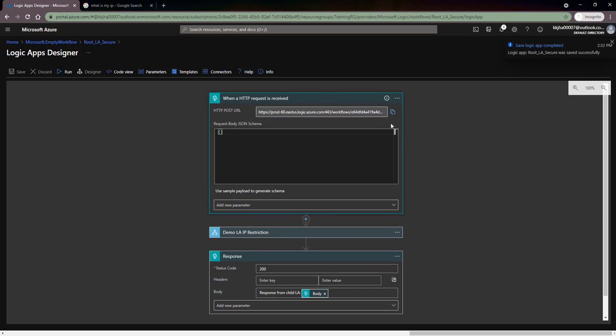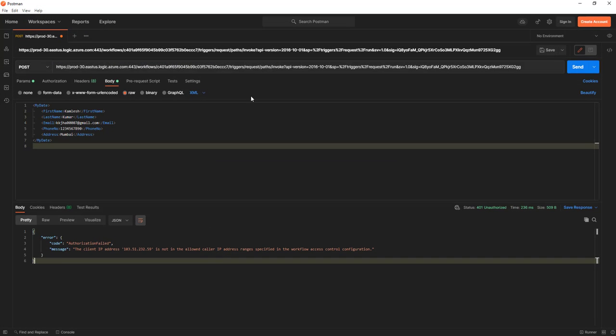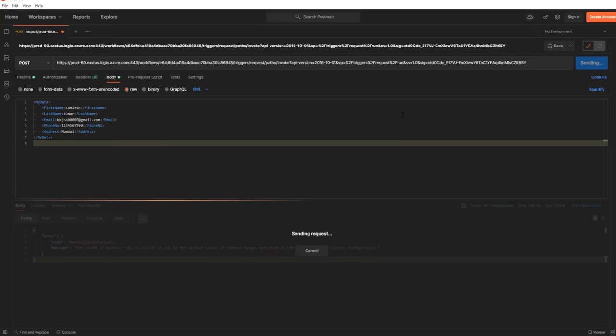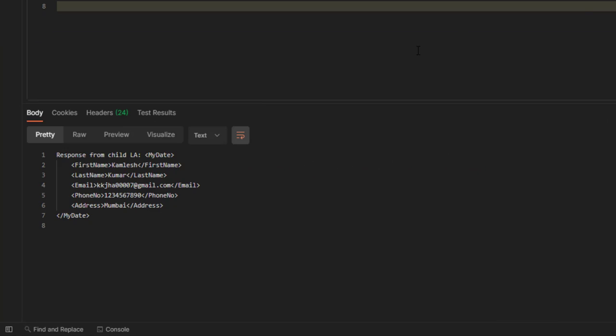Now save, copy this endpoint, this HTTP POST URL, this logic app endpoint, and go to Postman. I'll paste the new logic app endpoint that was just generated, and click send. You can see this is the response that I received, response from child logic app, and this was the message that I sent.